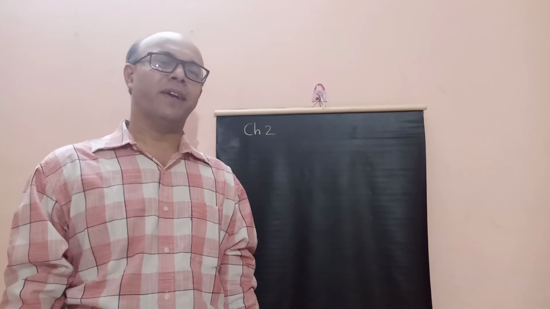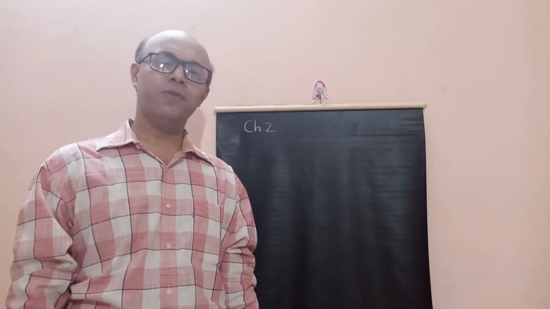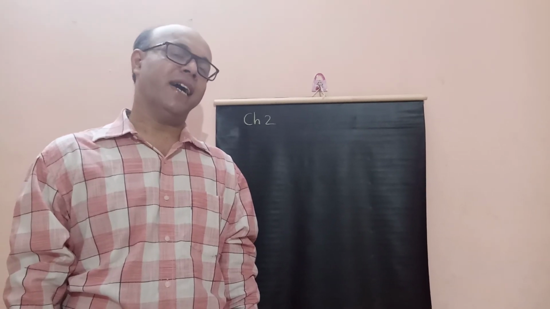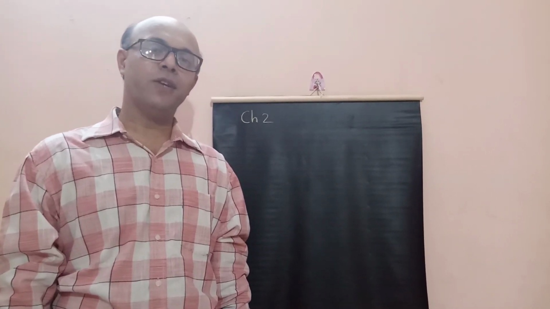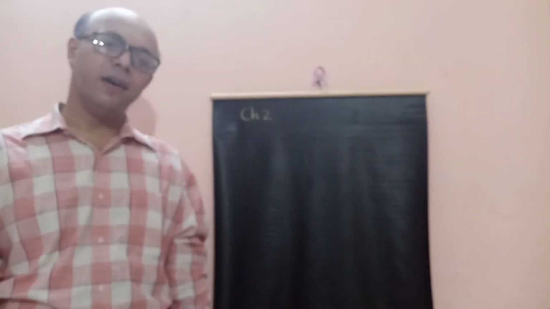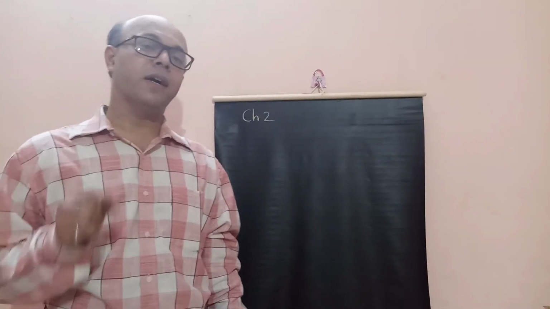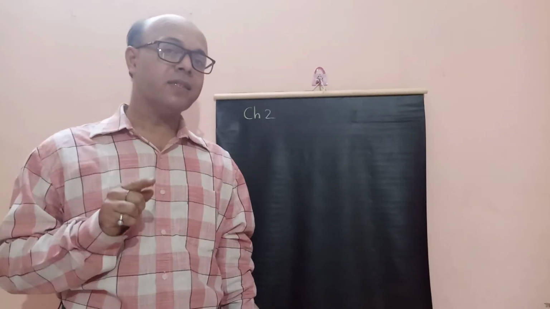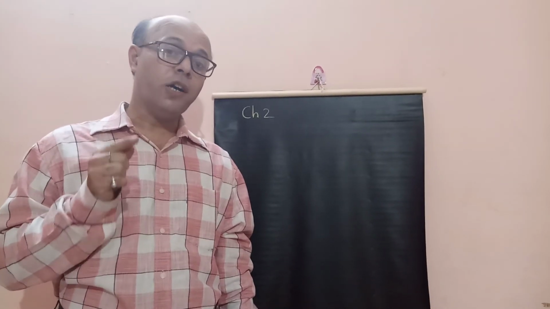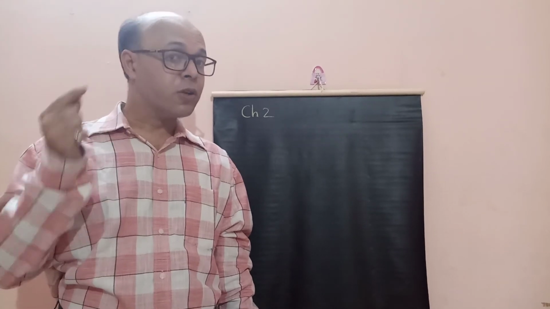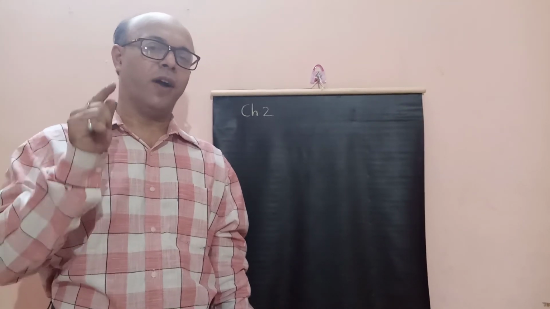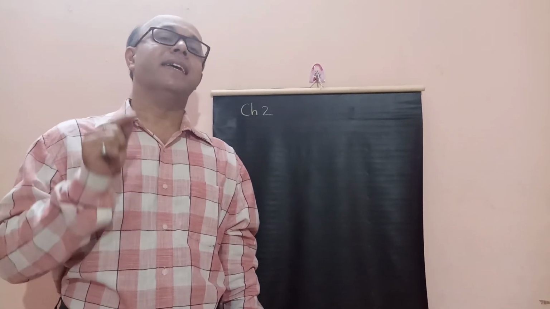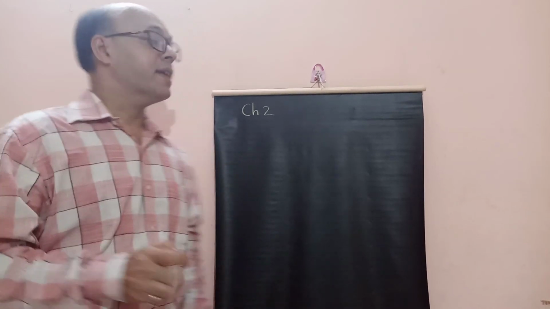After a long summer break, we are going to start our new session with Geography chapter number 2. Before I start my new chapter, I would like to ask one question. The Earth's surface, which is not covered by water, is called... I repeat my question. The Earth's surface, which is not covered by water, is called... yes, your answer is right, it is called land. And our topic today is land, and our chapter name is land,